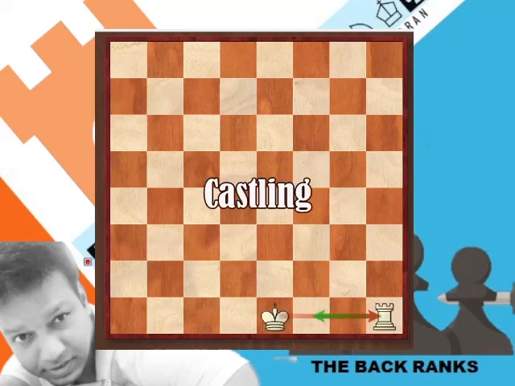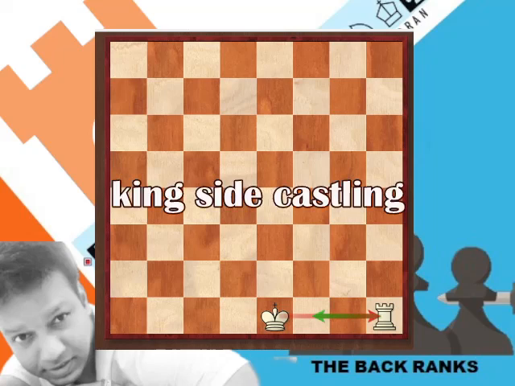Castling. Castling is one of the special moves in chess that you need to know to play properly. It is the only time you get to move two pieces at the same time, and each player is only allowed to castle once under certain conditions. The move is crucial, but it is also simple to learn. There are two types of castling.